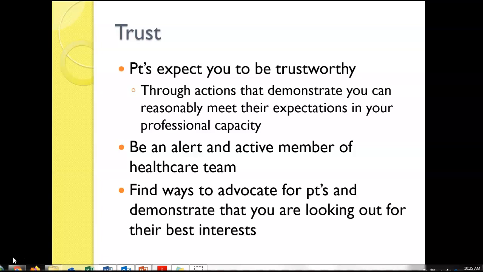And then find ways to advocate for your patients. That you are looking out for their well-being and what's best for them. So if you find that the billing wasn't correct, or they need a different type of treatment or a referral, or if you think they need some type of equipment, actually advocating for your patients is building that trust in your patient, that patient believes that you are looking out for the best for them and not just money in your pocket.